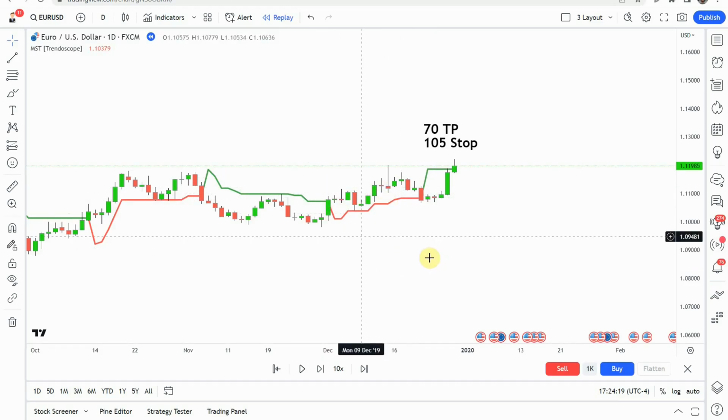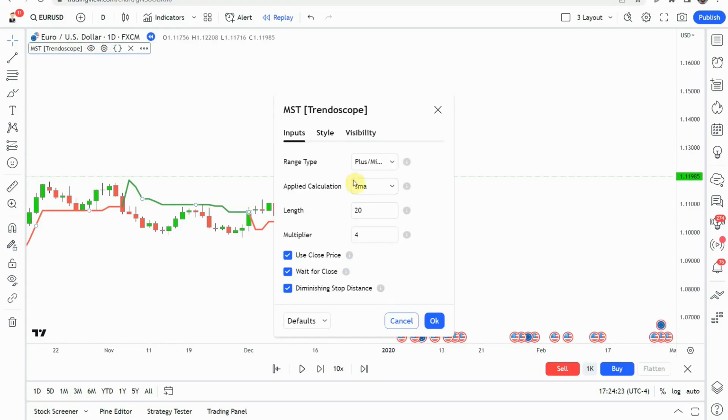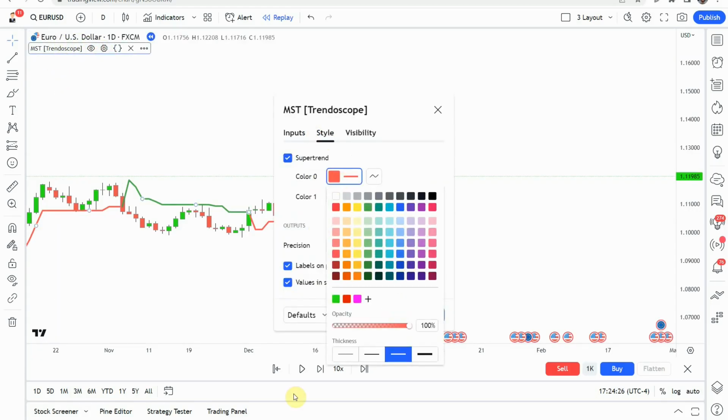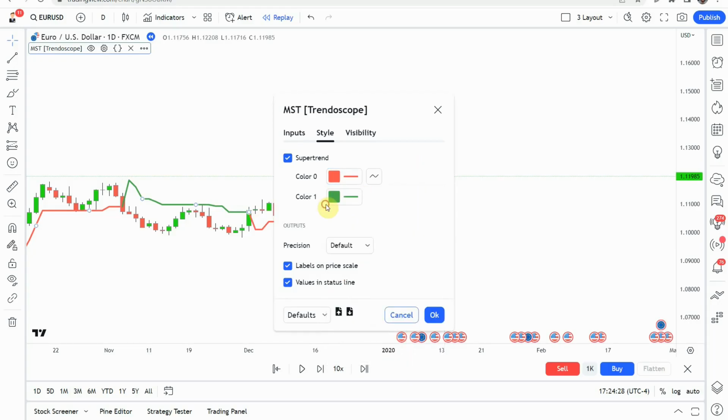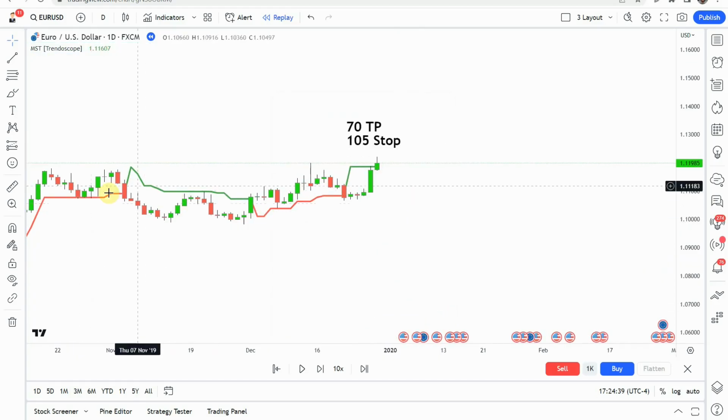And so keep that in mind, that it is a little bit backwards. We did go in and I turned up the line weight of the main line just so that way it's a little bit easier to see. And I switched the applied calculation from, I believe it was high, to SMA. And so it did change the way